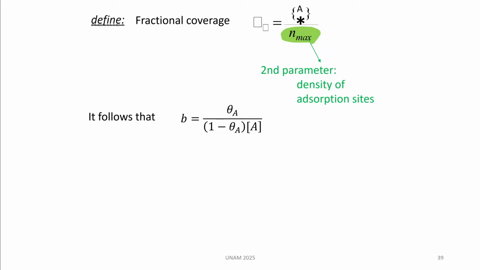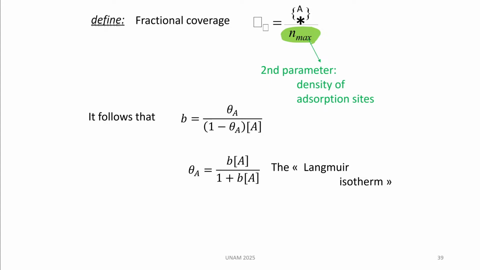In that case, you can rewrite the expression for B in terms of theta, and it will be like this. This is related with the adsorbed molecules, and 1 minus theta is related to the sites that remain free. And it's a simple first degree equation that can be solved for theta, giving you the Langmuir isotherm,